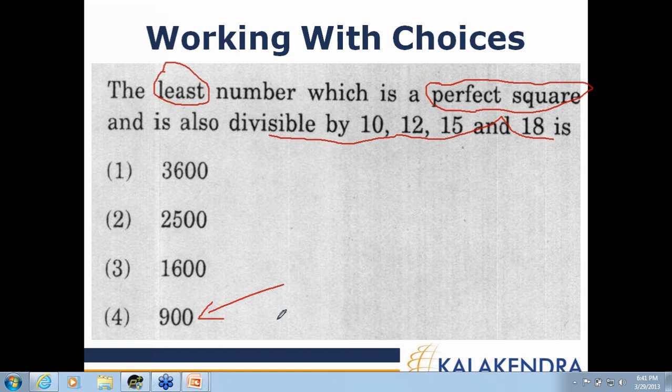So it's the least number among all the choices. It's a perfect square, 30 square. And it is divisible by 10, 12, 15, and 18. So here, by the way the question is worded, you've got to work with the choices, but you must know